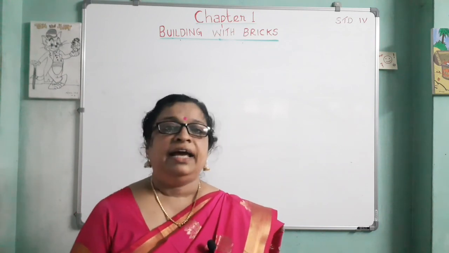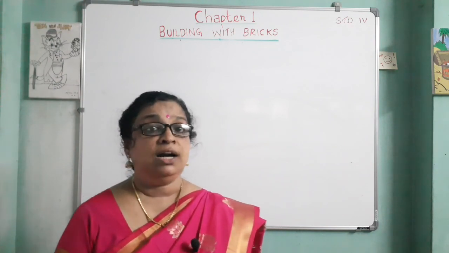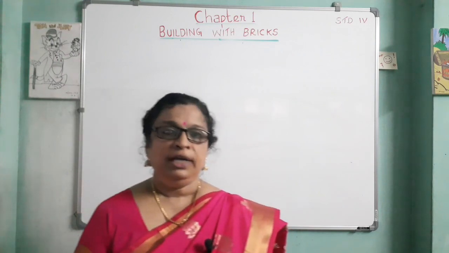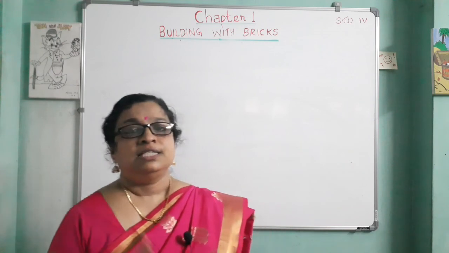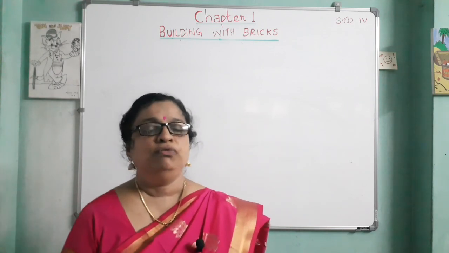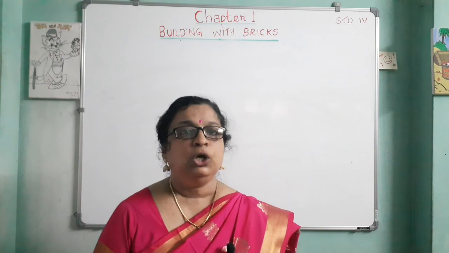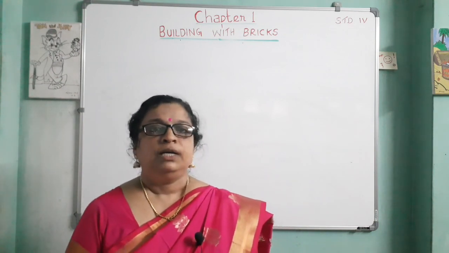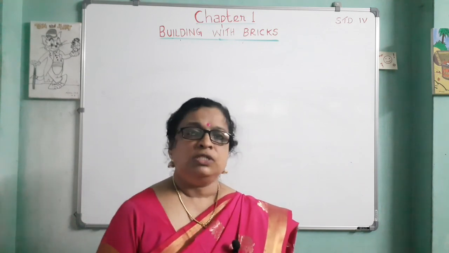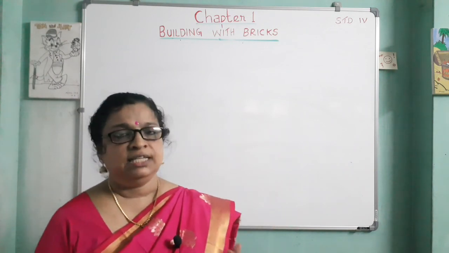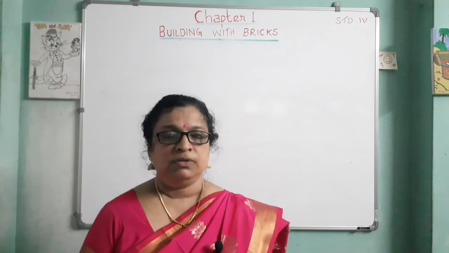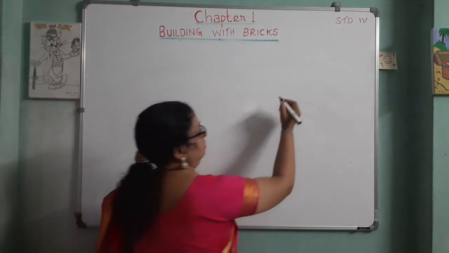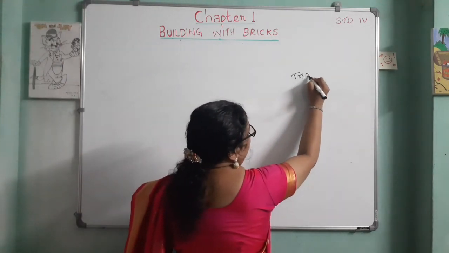Triangle is the smallest polygon. What do you mean by polygon? Polygon is a simple closed curve made up of line segments. A simple closed curve made up of line segments is called a polygon. And what do you mean by a simple closed curve? Simple closed curve means that it does not cross itself.